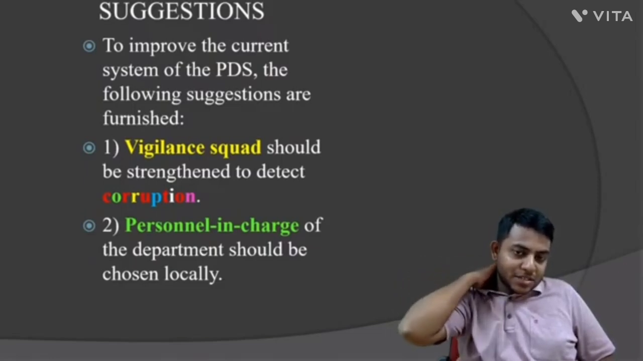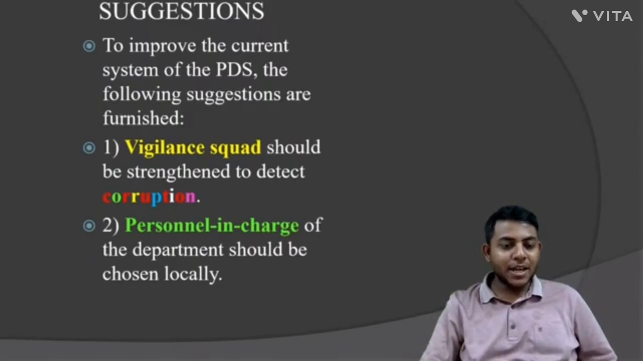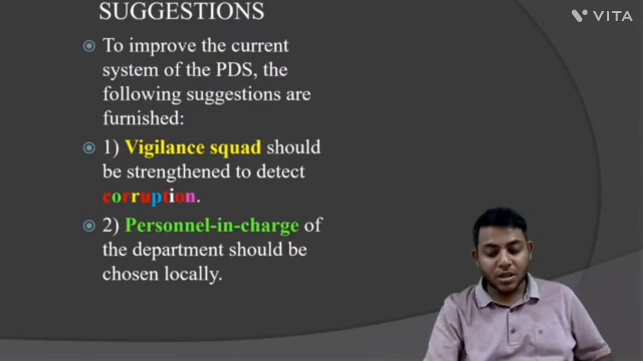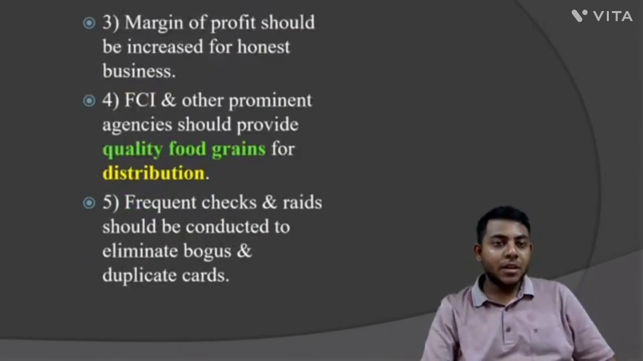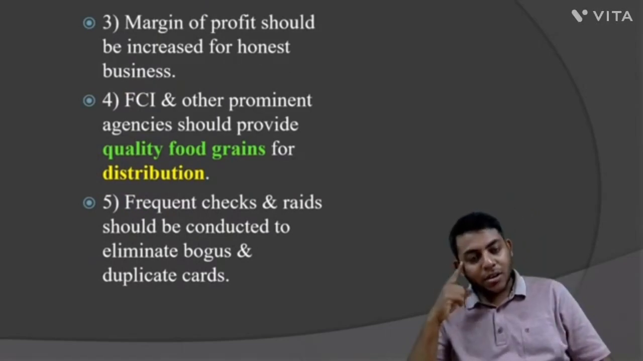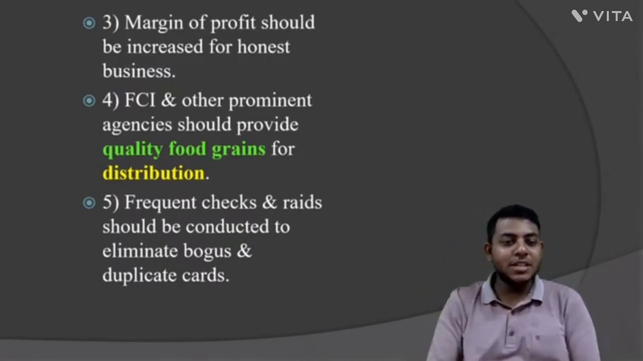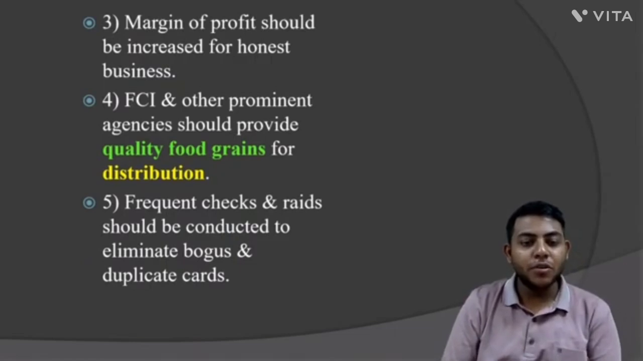The first suggestion is that the vigilance squad should be strengthened to detect any form of corruption. The second is that personnel in charge of the department should be chosen locally. The third suggestion is that the margin of profit should be increased for honest business. And the fourth suggestion is that the Food Corporation of India and other prominent agencies should provide quality food grains